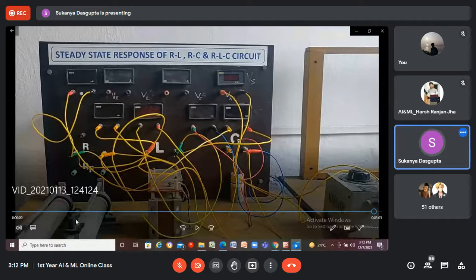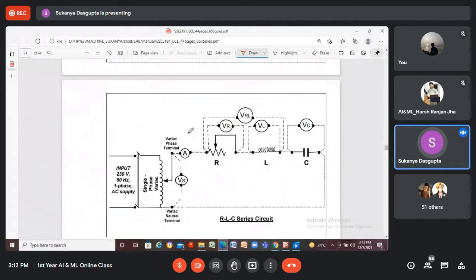The inductor and capacitor are fixed over here. The only thing we can vary is the resistance, because the variable resistance or rheostat has been taken in this experiment. So we'll fix the supply voltage, we'll vary the rheostat, and we'll take all the readings as shown earlier. For RC, RL, and RLC, we'll take the necessary readings from these voltmeters and ammeters. And further, with that data, we'll calculate other parameters like impedance and power factor.